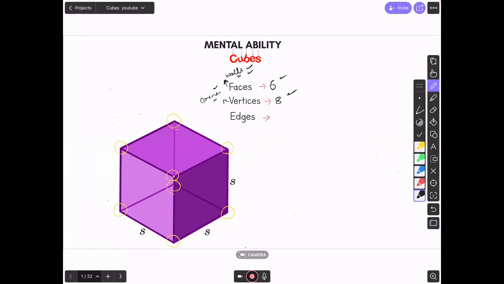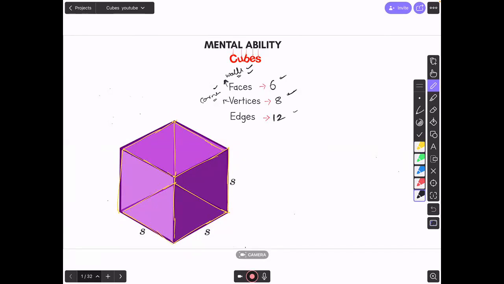And then comes the last, which is edges. Edges means boundary. So can you think and tell me how many boundaries are there in your room? So let me draw a few boundaries or edges here. Let's check it here. I can easily draw here 4 at the top. 1, 2, 3, 4. 4 at the top. Then I can draw 4 at the bottom. 5, 6, 7, 8. And then I can draw 4 across. 9, 10, 11, 12. 12 edges are there.